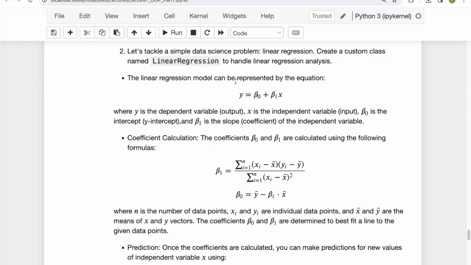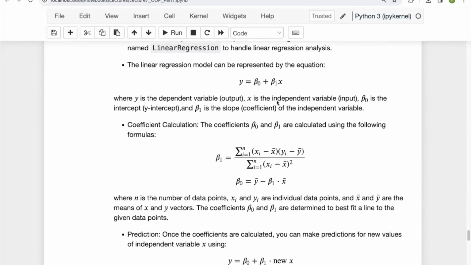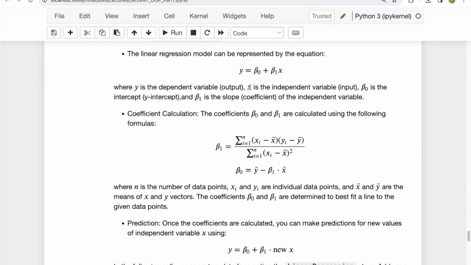So in linear regression, the equation that we have is that the dependent variable or output is beta 0 plus beta 1 times x, and x is your independent variable or input, right? So we know that beta 0 is technically the intercept or the y-intercept, and beta 1 is the slope or the coefficient, right? That's what we learned in calculus 1. And so if I give you a bunch of data points, meaning multiple instances of x and y, like x1, y1, x2, y2, right? So different data points that belong to this equation,